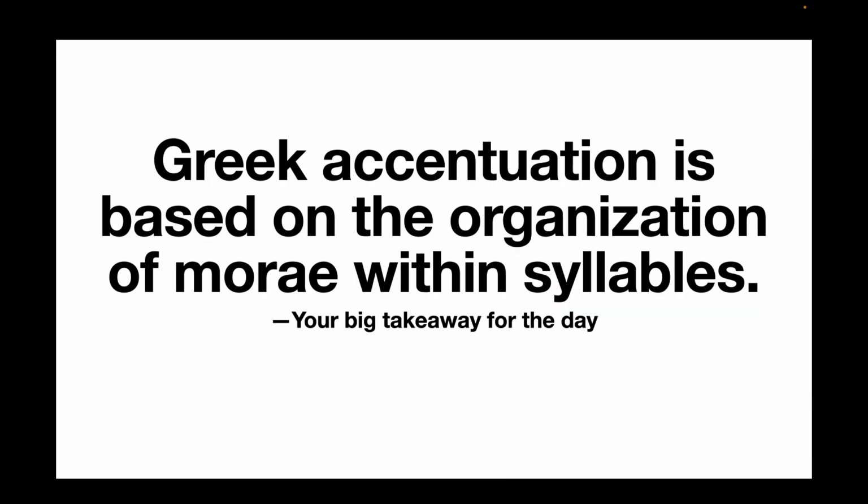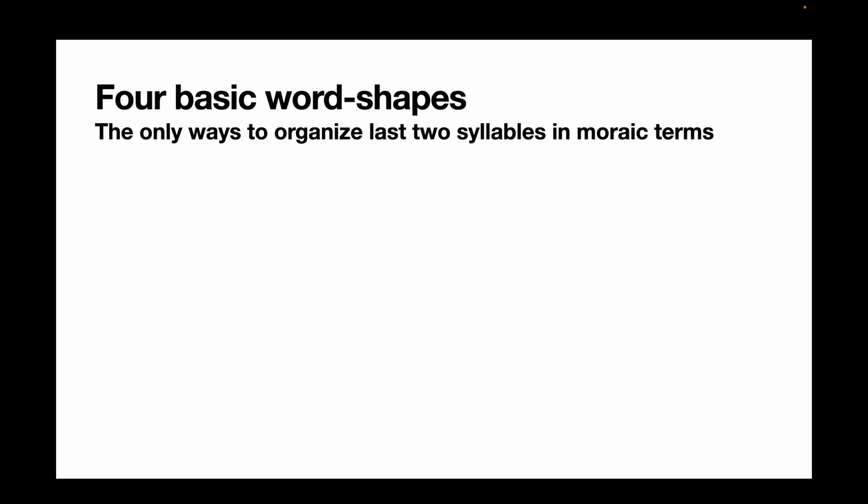But here's the deal. To understand Greek accentuation, you have to understand that it's based on the organization of morae within syllables. It's not based just on morae, and it's not just based on syllables, rabbits and ducks. It's based on both. So there are only so many ways to organize the last two syllables in moraic terms or length terms. So remember, if a short vowel is one mora, then a long vowel is two morae, and